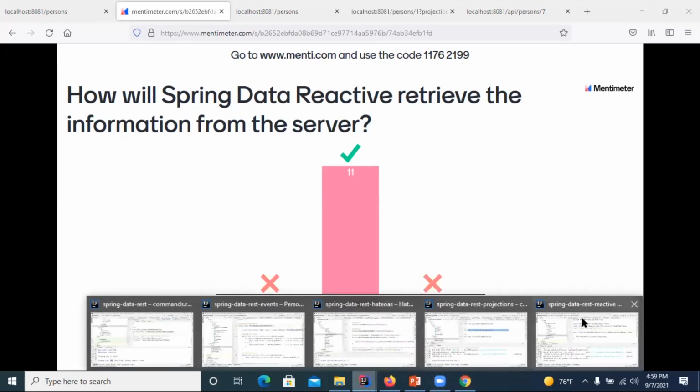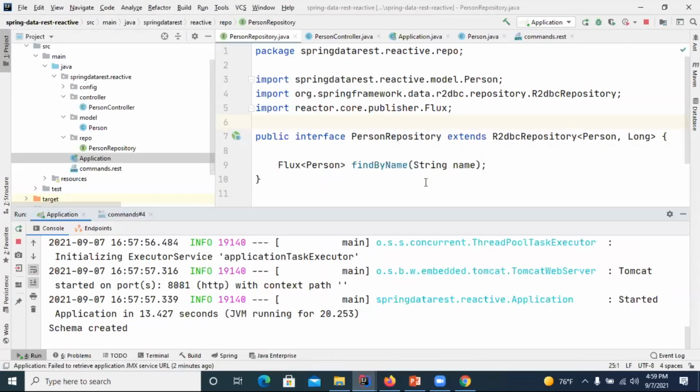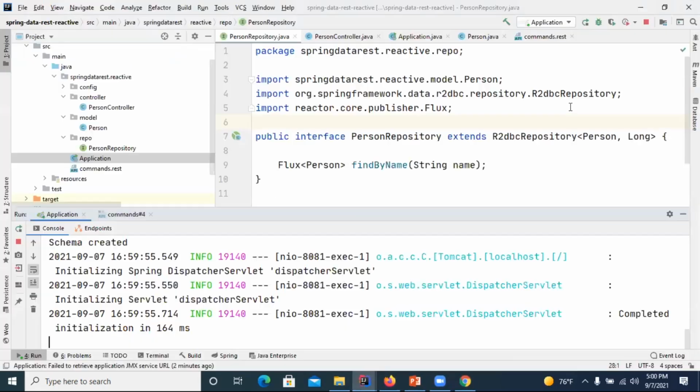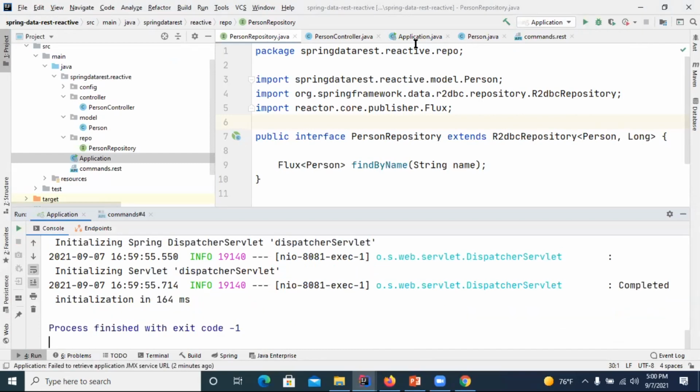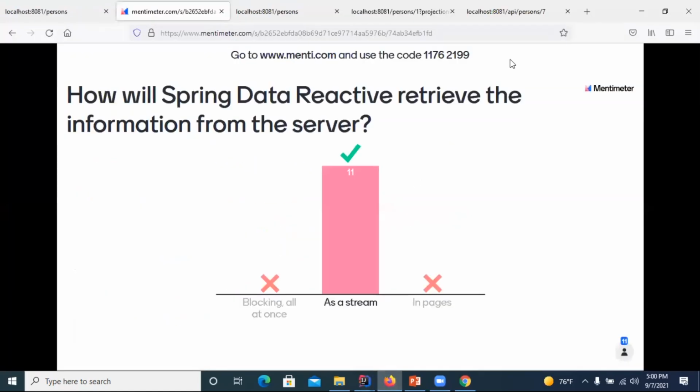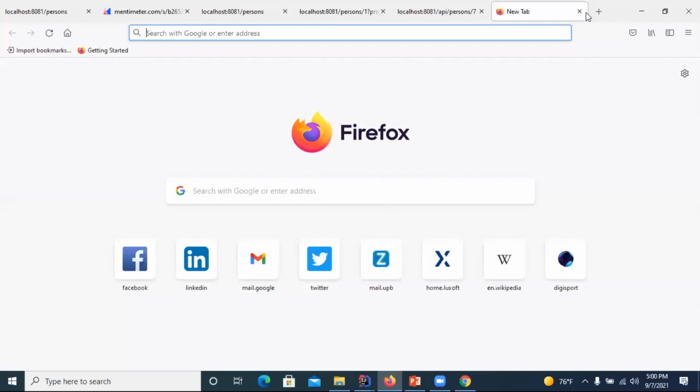Very good. So I restarted here the reactive application. And if I go here, what happened? So it doesn't. I had to also do something. Okay, I will remake it, but meantime, let me show you something,